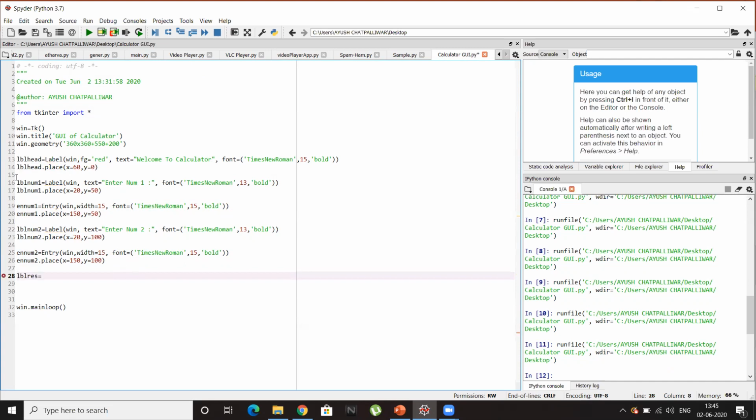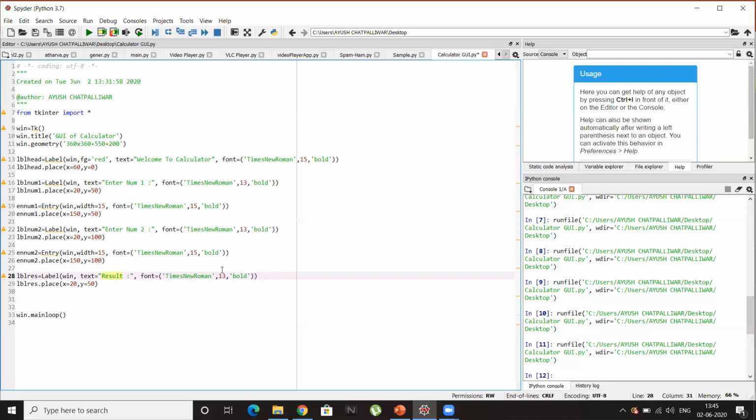Or I'll just simply copy the code of the label, paste it, and change its name, lbl result, res, lbl res. I'll not give the text here for the time being, so that I can see if my label has appeared or not. I'll give a small text to it as a result.